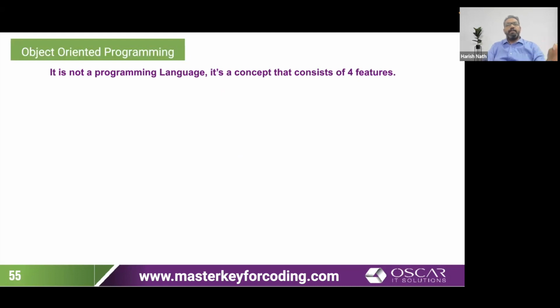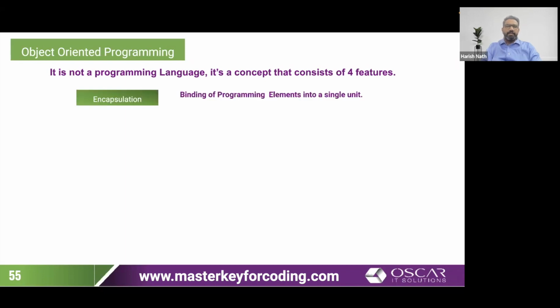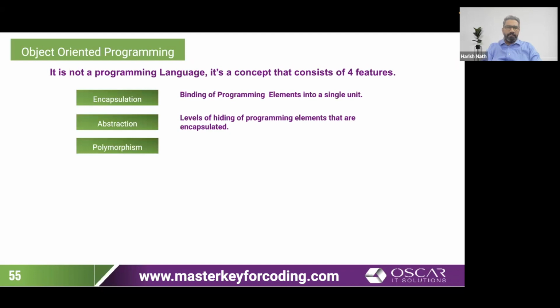Object-oriented programming is not a language. It's a concept that consists of 4 features, which are: encapsulation, that's binding of programming elements, data and instructions, into a single unit. Then abstraction, levels of hiding the programming elements that are encapsulated. Then polymorphism, which gives multiple behavior of data and instructions. Finally,